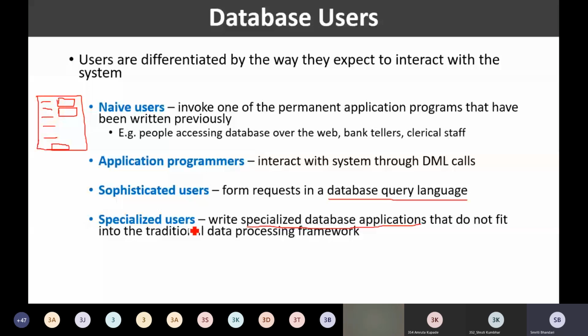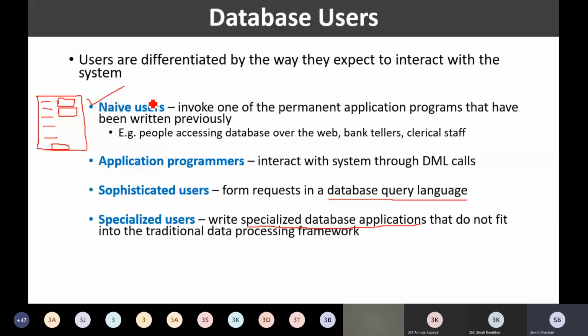I'm going to once again repeat. First category, naive users. So these users are unsophisticated users who are making use of the application programs that have been previously written, right?